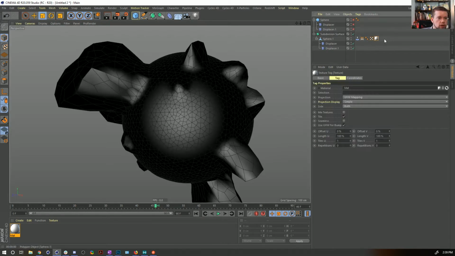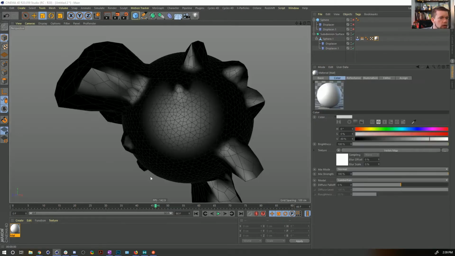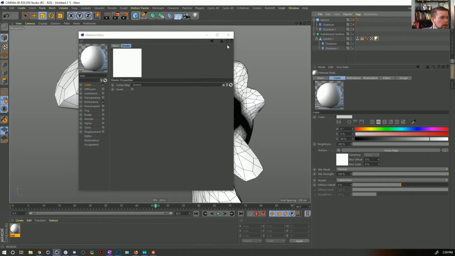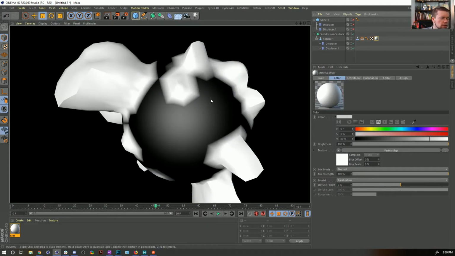Maybe it has to be in the object. Oh, we have to tell which vertex tag. Whoops. Brink. There we go. So now you see it's colorizing based on those, and you can make it so that when something stretches, it becomes more shiny or less shiny and things like that. But without that ever intriguing streaking,